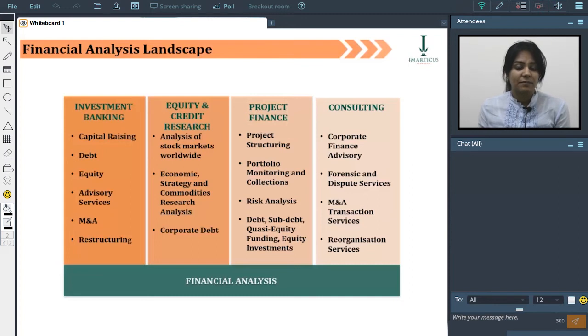Equity research analysts basically look at the listed space or the unlisted space and look to make an investment into a company or partially buy a company and then make money off the fact that the value of the company is going to go up over a period of time. That is in a sense what an equity research analyst does. There can be analysts who even work on the economy, on commodities, on real estate and other asset classes.